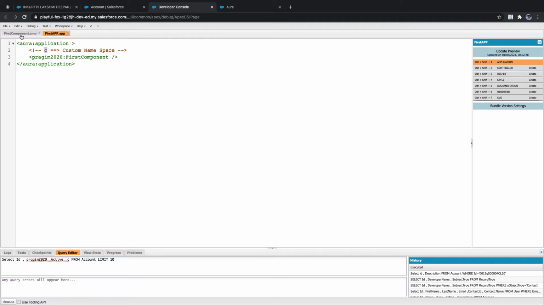Now, how can this be differentiated? This can be differentiated with the namespace, because a namespace cannot be duplicated across different organizations. It is only limited to you, like your email address. Your email address cannot be taken by anyone else, right? It's the same as that. Clear? Okay.